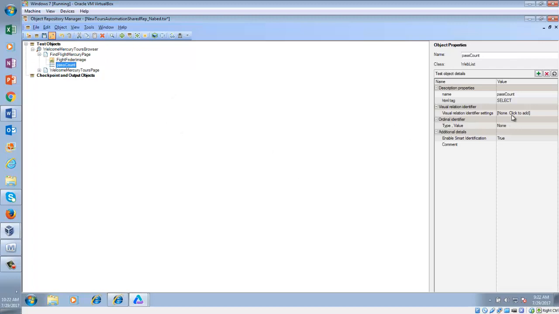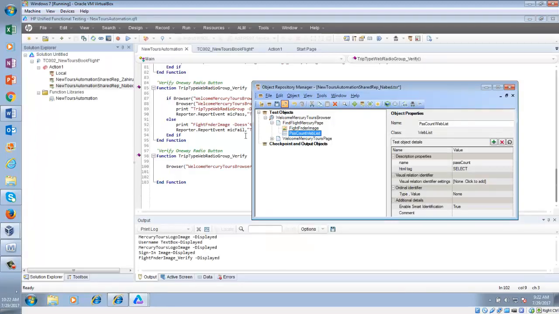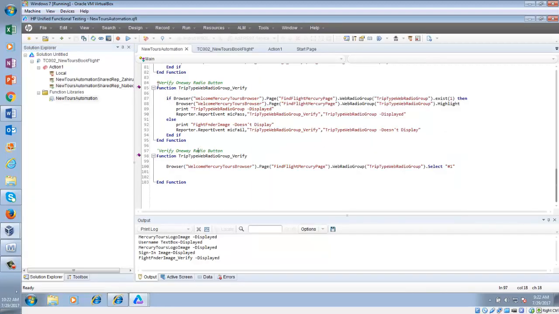And can you see passenger count? I'm going to give a meaningful name. Passenger count web list. Right? I'm going to add it, and then I'm going to add another couple of functions here.